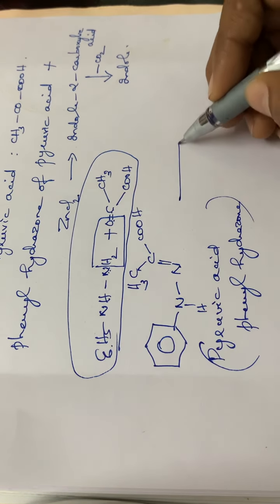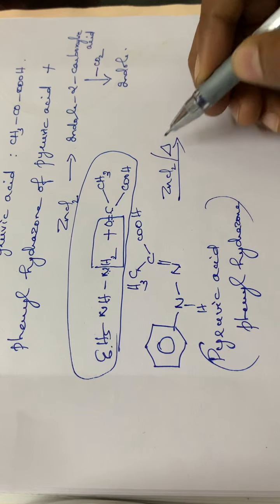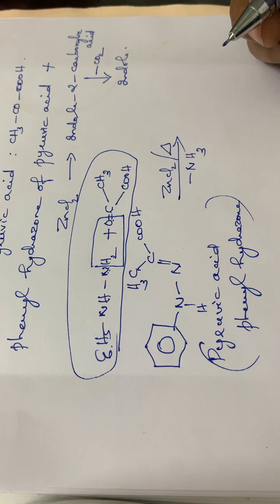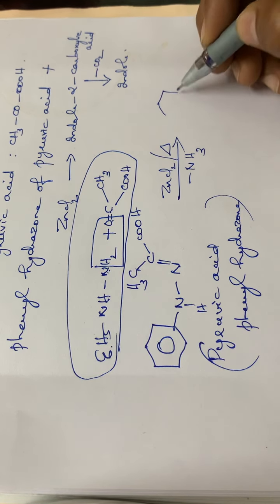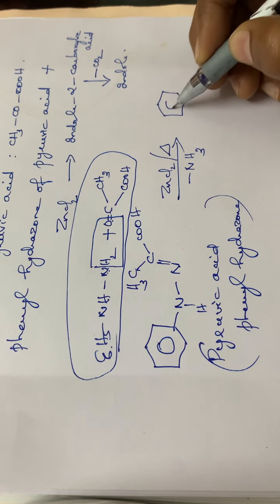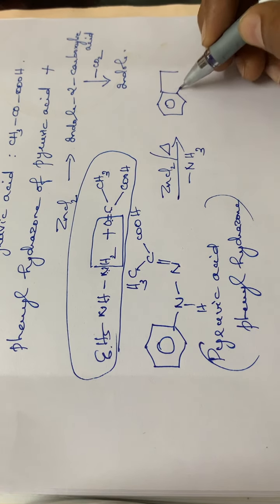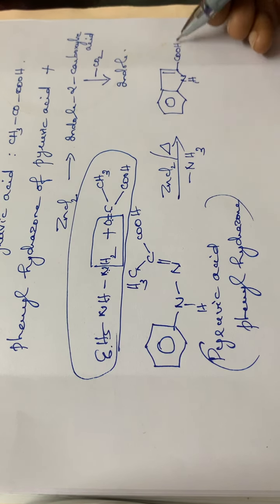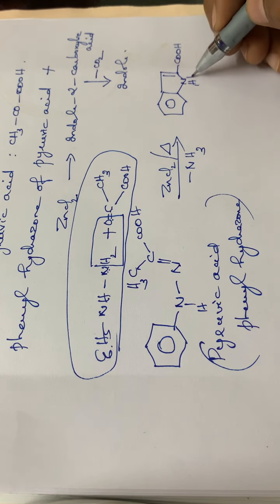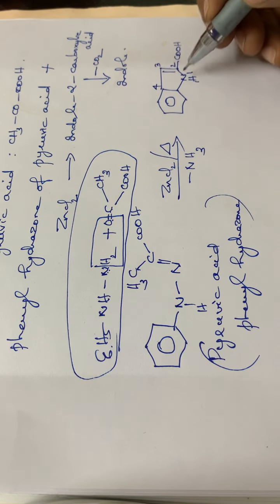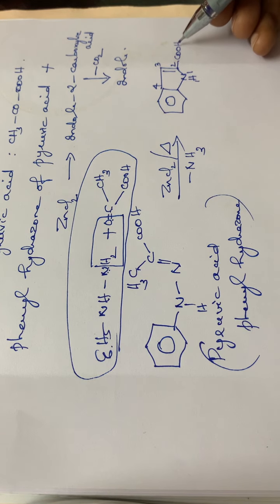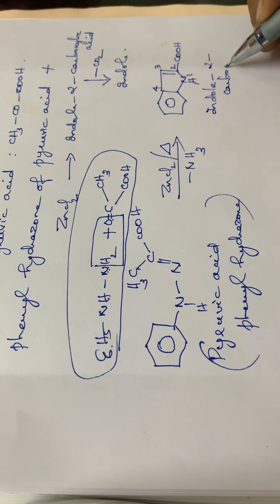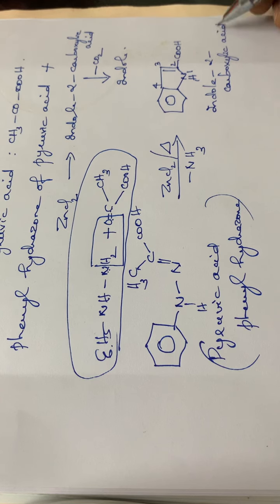This on heating with zinc chloride, minus one molecule of ammonia, ammonia is eliminated, and the product will be like this. You have to write down the reaction directly, no need of mechanism. See here, the product is like this: NH, then at the second position COOH. Numbering starts from this nitrogen, so this is 1, this is 2, this is 3, 4, etc. So at the second position the COOH group is there. So this compound is indole 2-carboxylic acid.